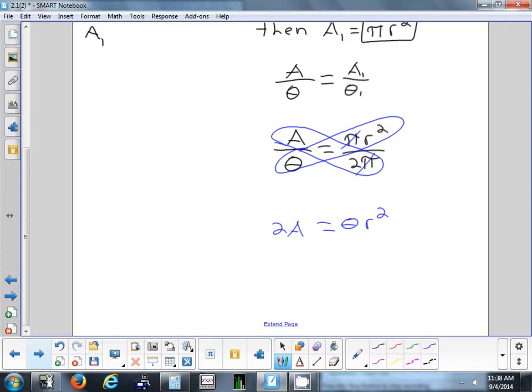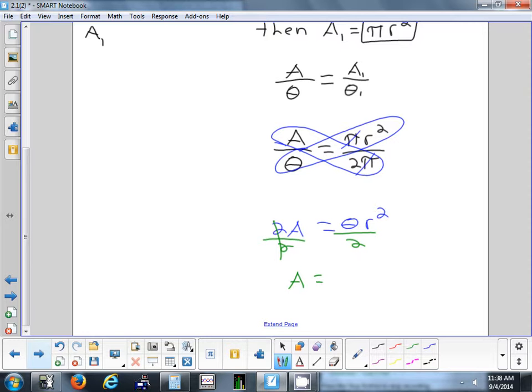Any question on that so far? Okay. Now, the only thing we have to do is solve for A. Right now we have 2A, so we just need to get the 2 on the other side. Just divide by 2. Yeah, divide each side by 2. And that's going to give us